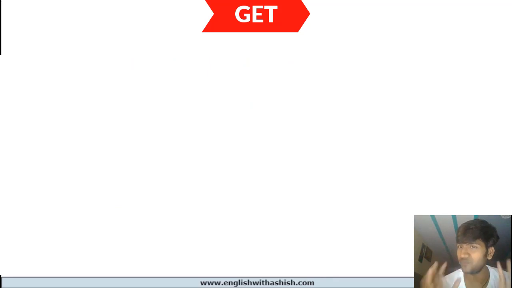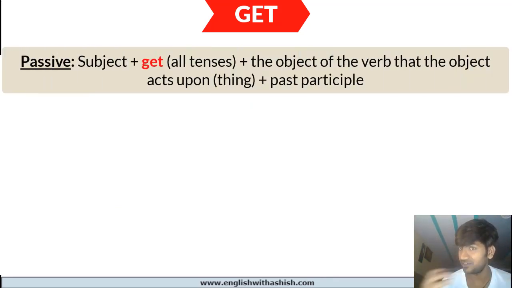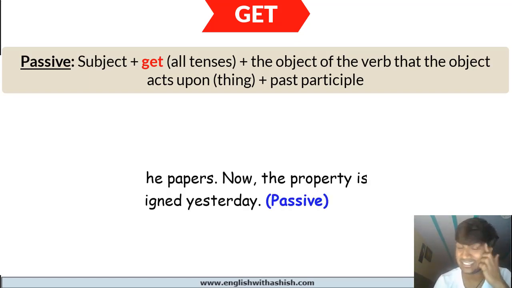Okay. Now, if you want to focus on the action that the person does, the object that he or she acts upon, you don't want to focus on the person, you're going to use the passive structure. And here's the structure. First comes the subject, followed by the causative verb, can be in any tense form, we already know this, followed by the object that the action is acted upon, not the person who performs the action, the object, the thing that is acted upon by the person, followed by the verb, and the verb is going to be in the past participle, third form, followed by the person if you want to add the person, right? But that is absolutely optional. Let's look at some examples.